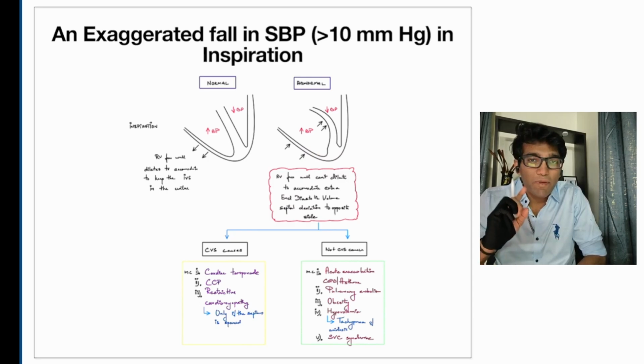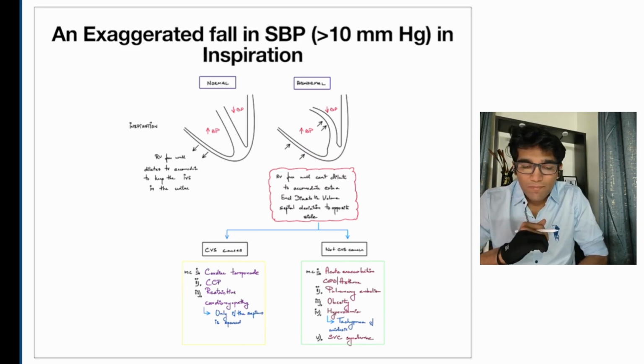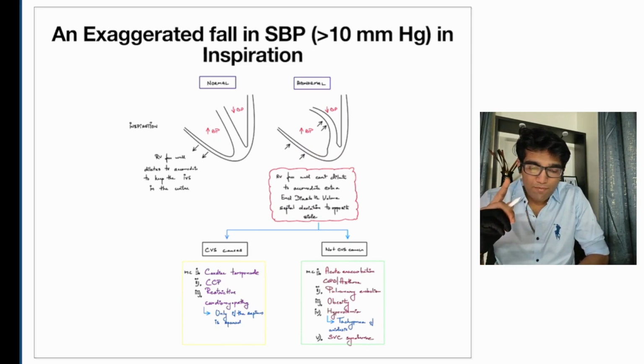But see, this is not a pulse finding. We check it while checking blood pressure. Okay, and it is not paradoxical. It is actually an exaggeration of the norm. So what might cause this exaggeration of the normal? So there are two situations in which this can happen. One is that the venous return